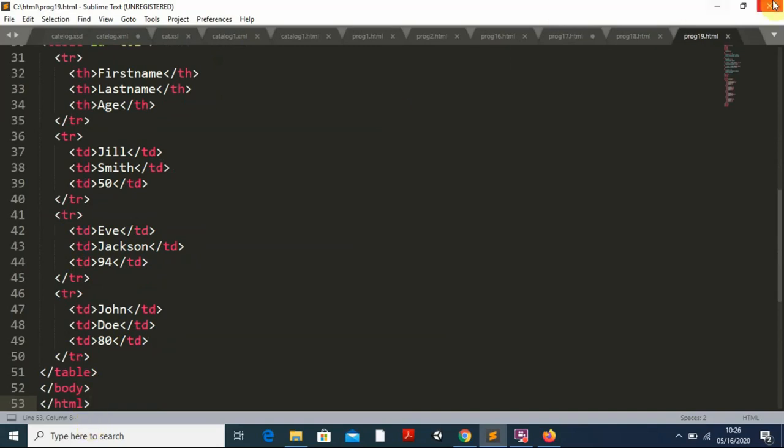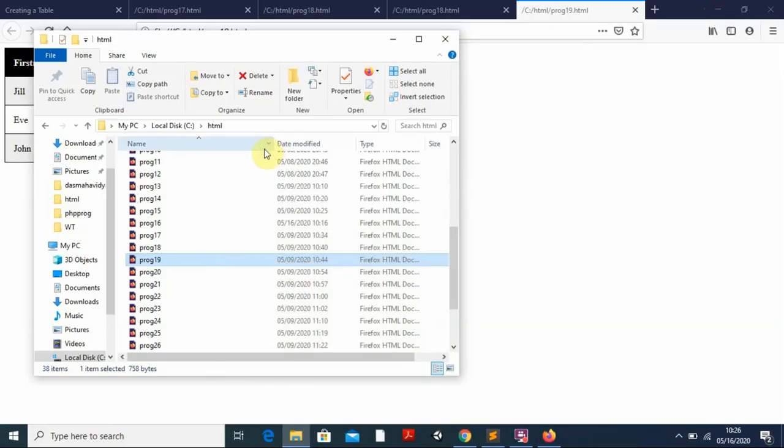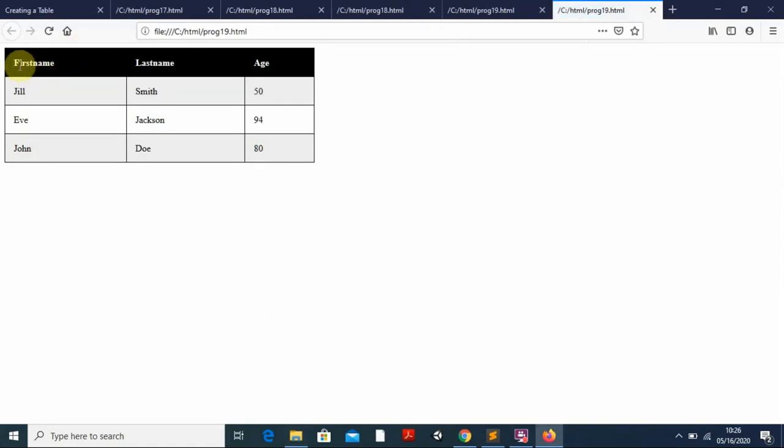Now your table is ready. Once you save it and run it, that is number 19, you can see the table there. You can see the first row, that is the header line, coming with background color black and fonts white. The second one, you see it is coming gray, next is white, gray, alternately. So this is all about the table. I hope now you will be perfect in understanding creating tables. You practice yourself and you will be able to do a number of rows, number of columns and tables, and even row inside row, column inside column, like that also you can do.